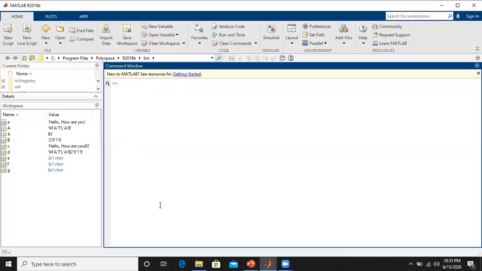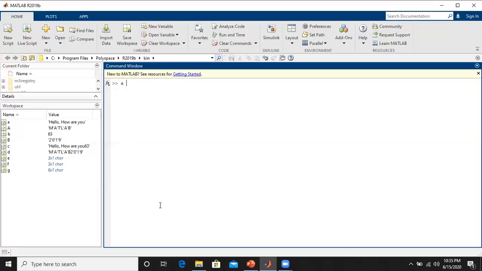If they are not equal or not same, then it provides the logical 0. In case of strncmp, that means the strings will be compared up to n number of letters. So if up to that n number of letters all the characters are equal or same, then it provides the logical 1. If not, it provides the logical 0 as an output, right? And these two are independent of the dimensions of the two strings which are to be compared, right?